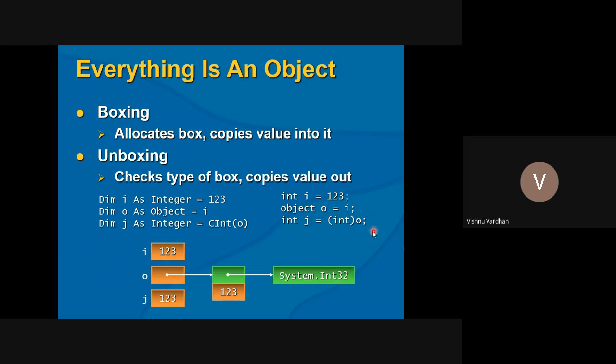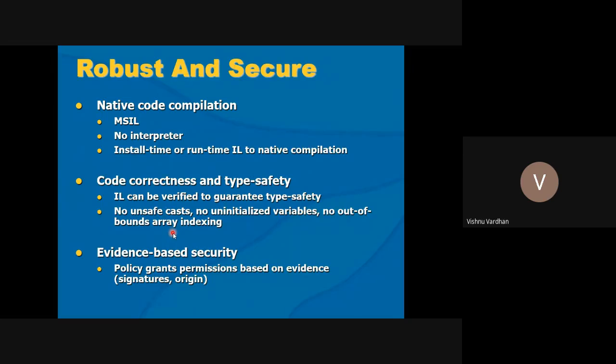सपोज यू रिमूव दिस सी इंट, यहाँ पे आप इंट को रिमूव करो, कंपाइलर वार्निंग देगा या एरर देगा. तो दैट्स हाउ इट इज गोइंग टू impose some restrictions and rules on the programmers. वो करने ही नहीं देगा, कंपाइल ही नहीं करने देगा. तो नो अनसेफ कास्ट. अगर आप अनसेफ कास्टिंग कर रहे होंगे, टाइप कास्टिंग कर रहे होंगे तो वो एरर देगा. अनइनिशियलाइज्ड वेरिएबल्स दे रहे होंगे तो एटलीस्ट वार्निंग तो देगा. नो आउट ऑफ बाउंड्स एरे इंडेक्सिंग, ये तो अभी कॉमन है जावा सभी लैंग्वेजेस में. नो आउट ऑफ बाउंड एरे का एक एरर आता है, उनको कॉमनली उनको कंट्रोल करने के लिए एडवांस लैंग्वेजेस ऑलरेडी